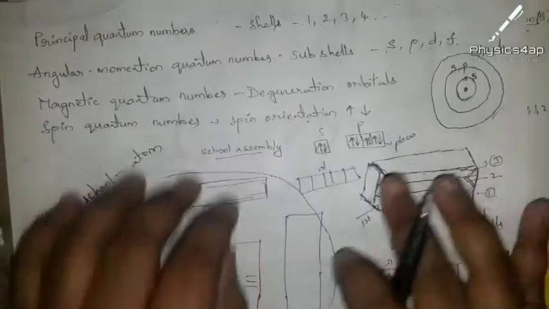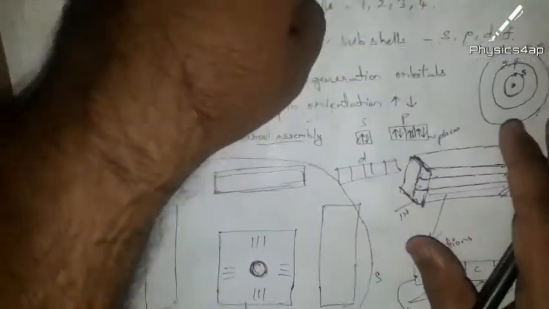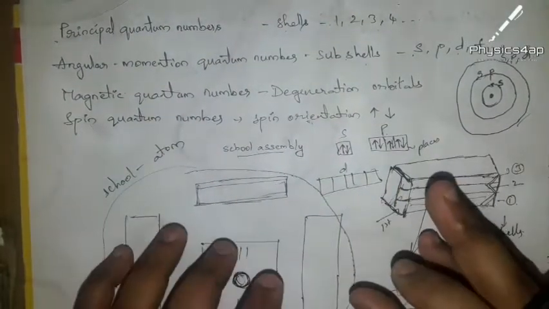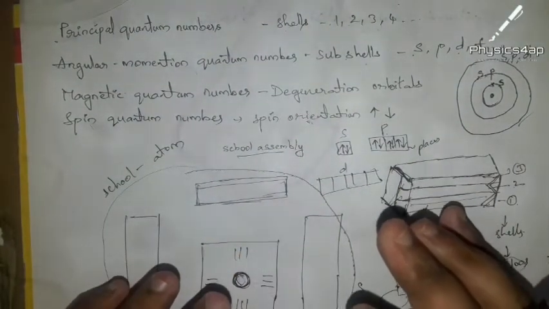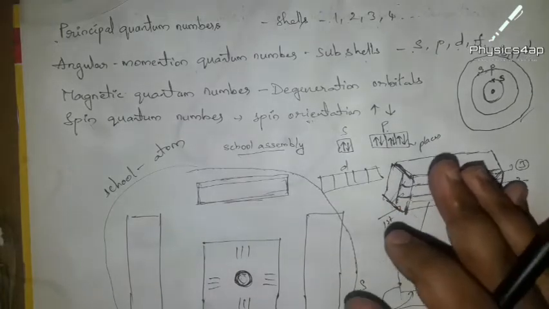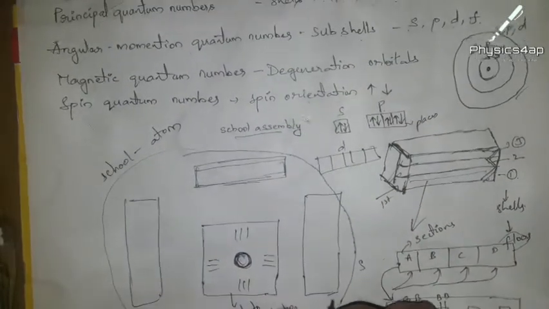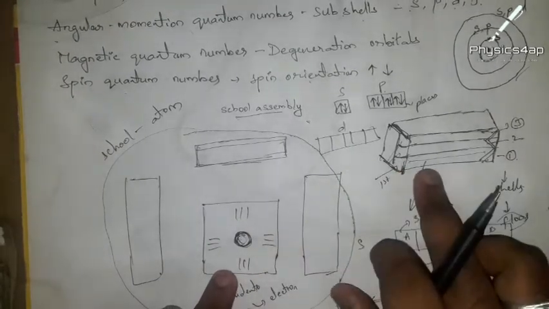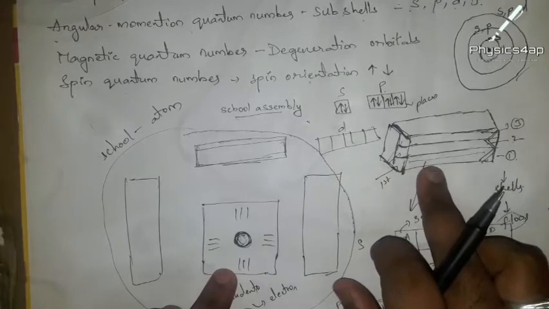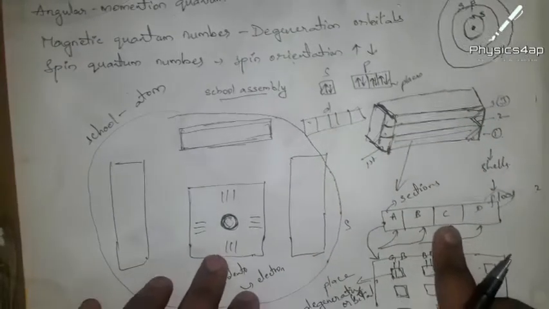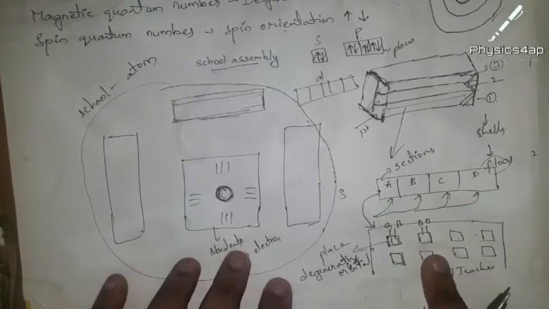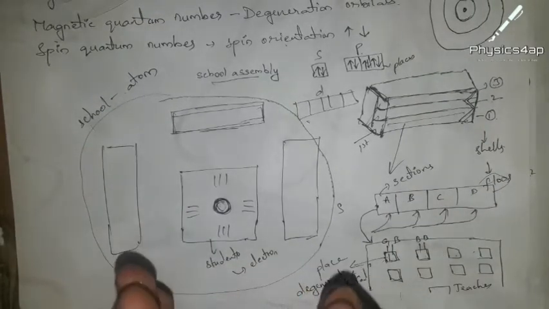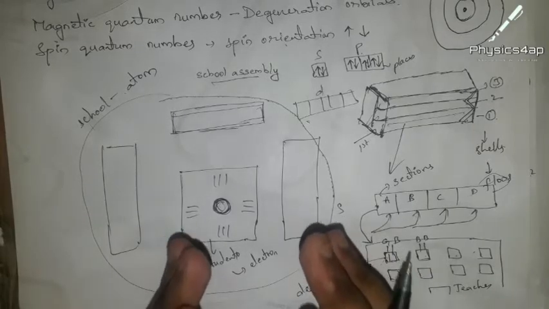So this is about the principal quantum number, and you might get a clear understanding of what these 4 quantum numbers are. It is nothing but how we make the arrangement of the electrons in an atom. See, in a school, how we make you sit in the classroom: starting from assembly, after the completion of assembly you go to your respective floors, then to your respective sections, then to your respective place, and you go and sit with your friend in your particular place.